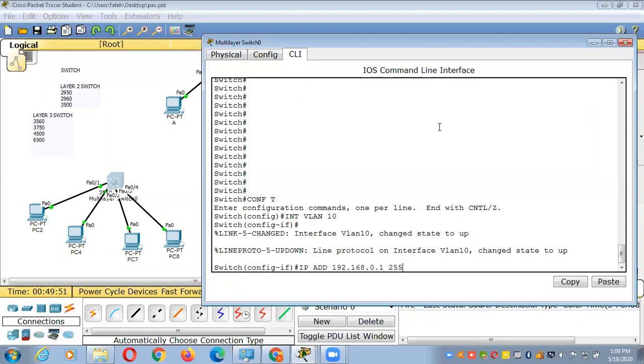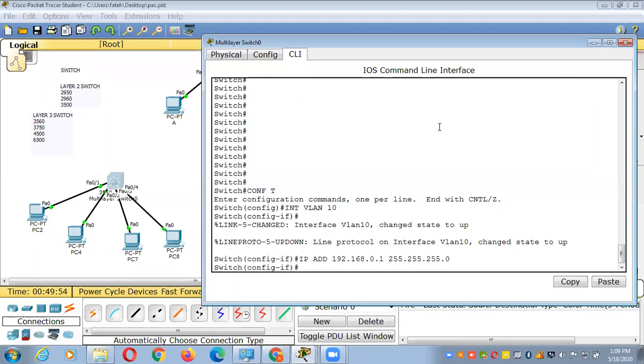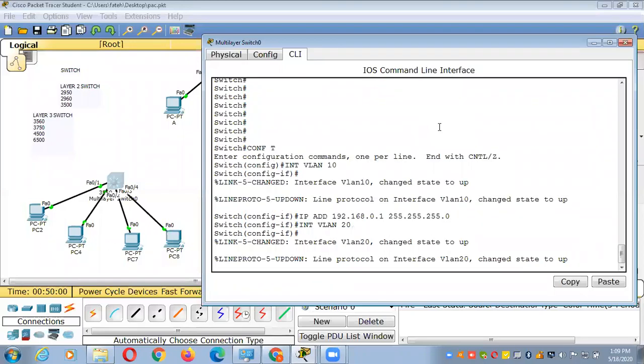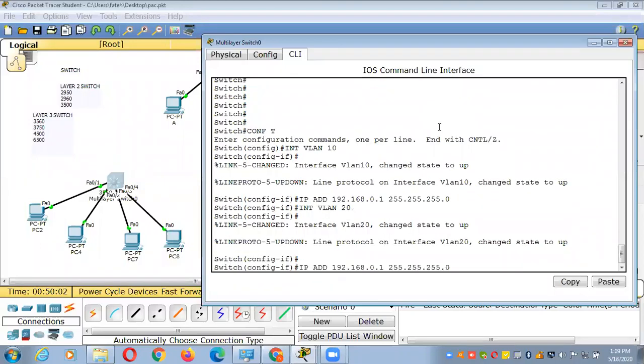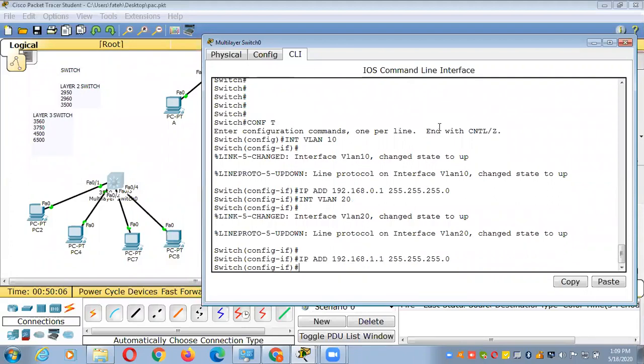Sorry, please mute the sound, brother. So 192.168.0.1 is the IP address of VLAN 10. And now I am in VLAN 20. The IP which I am going to assign in VLAN 20 is 192.168.1.1. So I have configured both the VLANs.